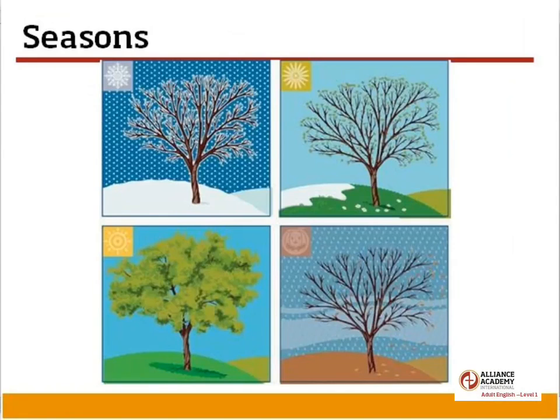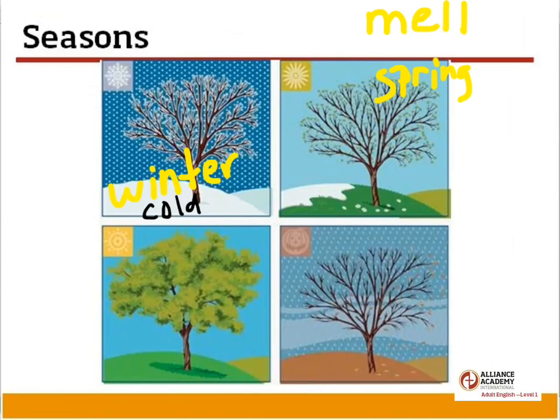You will also need to know the 4 seasons. Let's start with this picture here. In this picture, we have the winter. And in the winter, some words that we might want to use would be cold or maybe snowy. Our next picture is the spring. That's when the snow begins to melt. Good word to know for Module 6. Good words to know for the spring might be warm, definitely rainy,